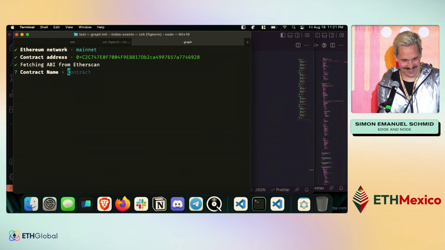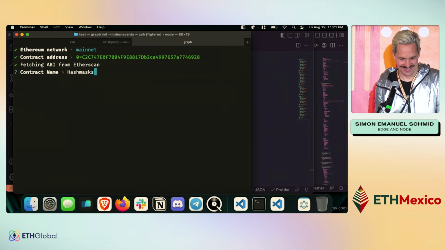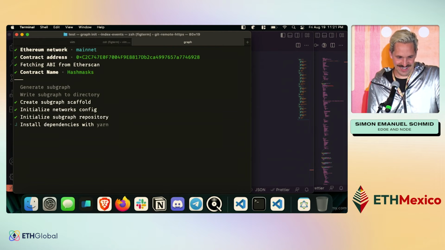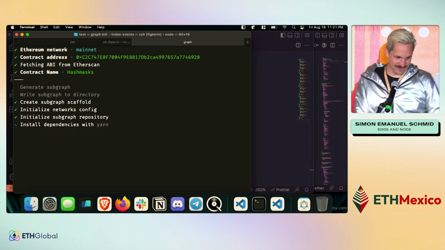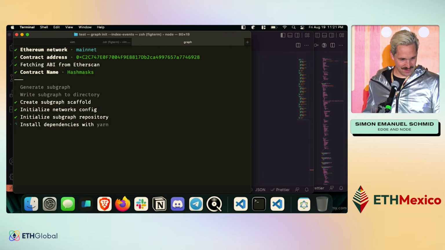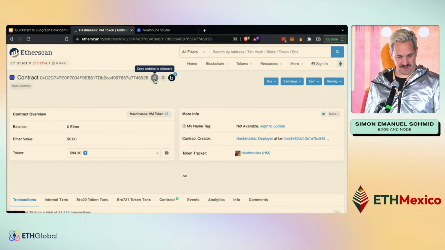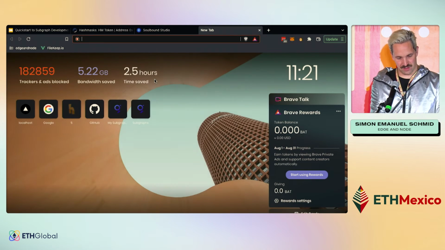I will see that coming. All right. Yeah, the dependencies will take some time probably. In the meantime, what it does, it now creates the scaffold, which is cool. So we can go to the